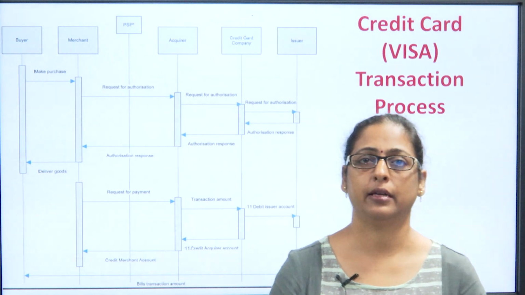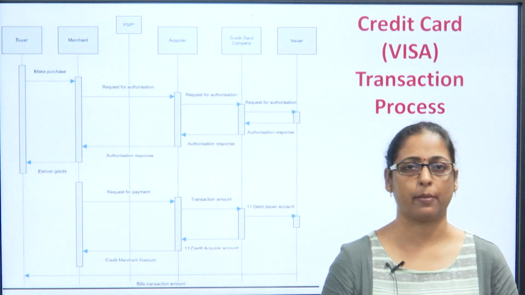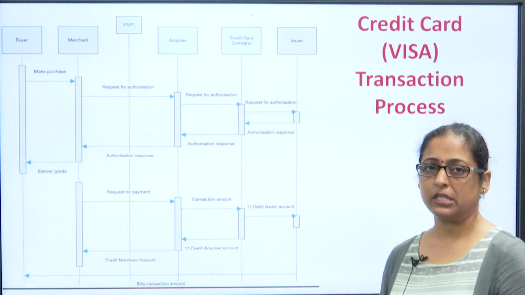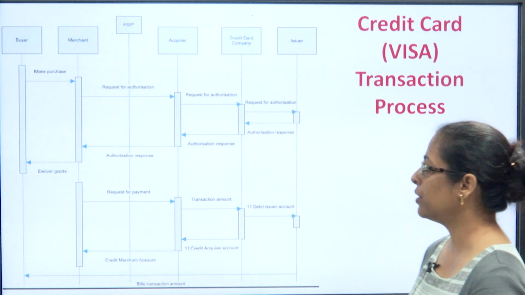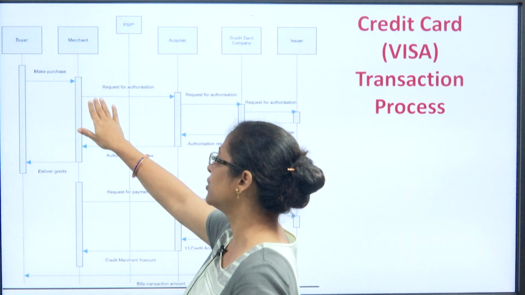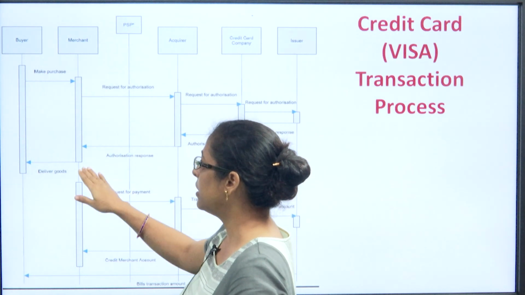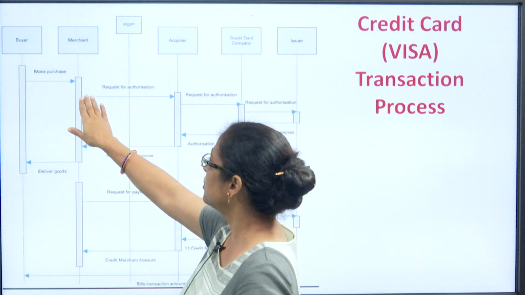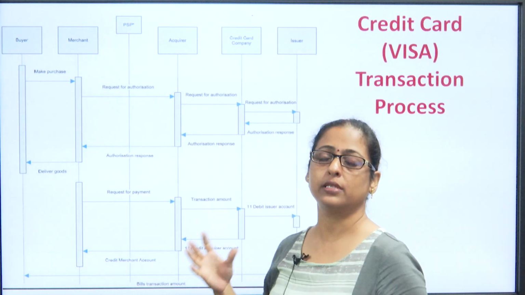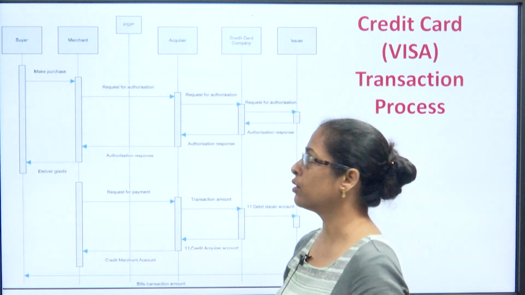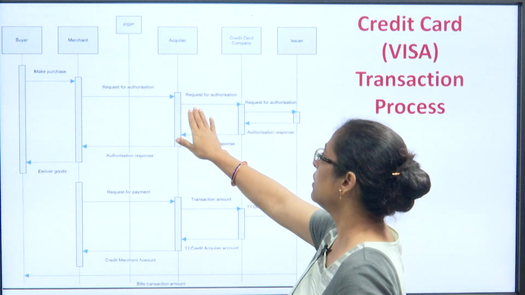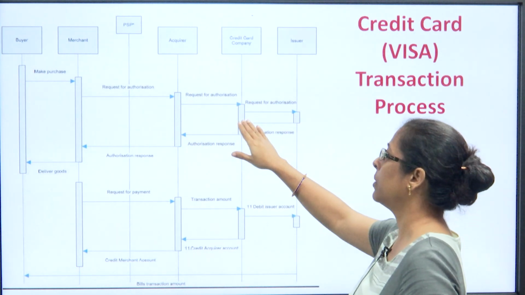Now, moving ahead, let us see how the credit card transaction process happens. This particular flow diagram has been taken from Visa. Over here you can see that once a buyer has made a purchase from the merchant, the product will be delivered only once the merchant has sent the request for authorization from the acquirer. That means a person who is holding the details of the card, the request of authorization happens, and then this acquirer further transfers the information to the credit card company, and then